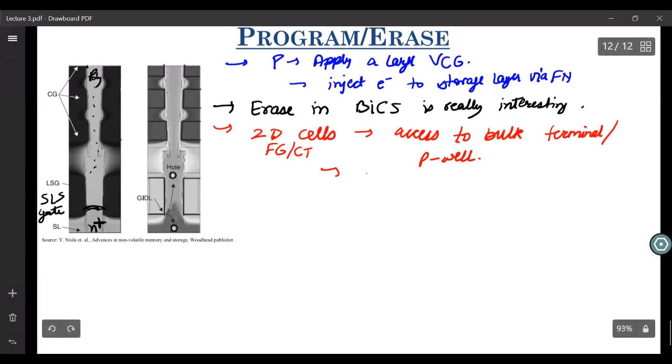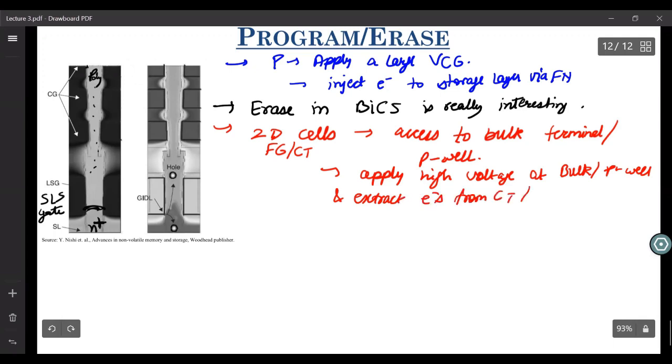You used to apply a high voltage at this bulk, or the P-well, and extract electrons from the charge trap or floating gate to your channel. This is how you did it in your 2D flash cells.